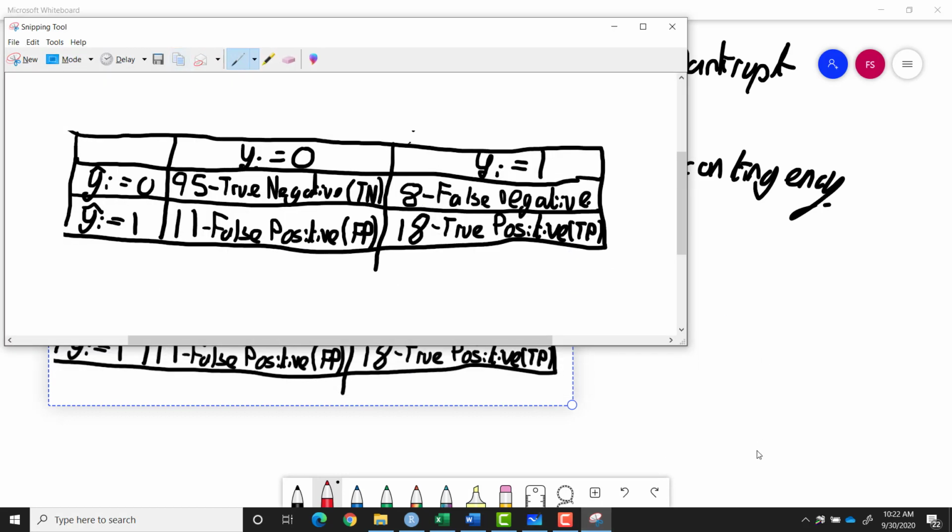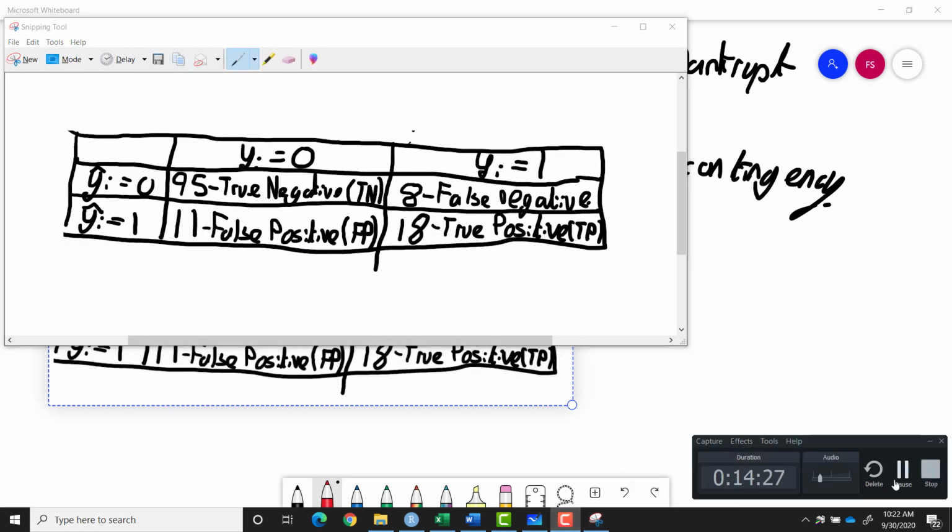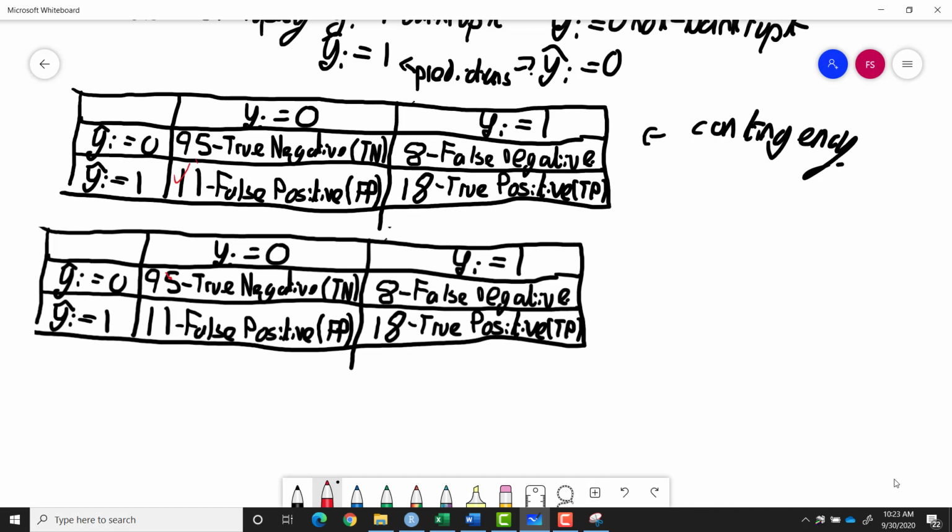Okay, that didn't work. So we have our true negatives and our true positives. These are all the ones we got correct. And these are the ones that we didn't get correct. So we want basically the diagonals